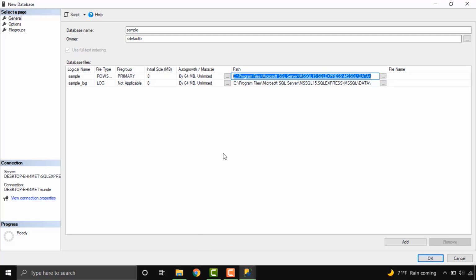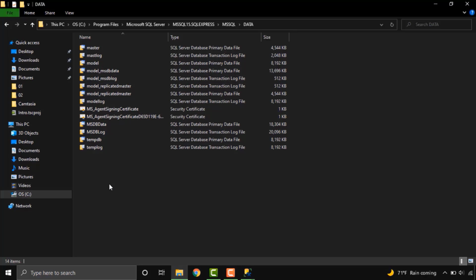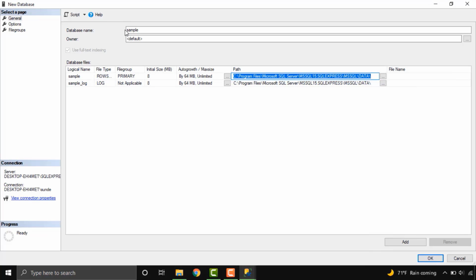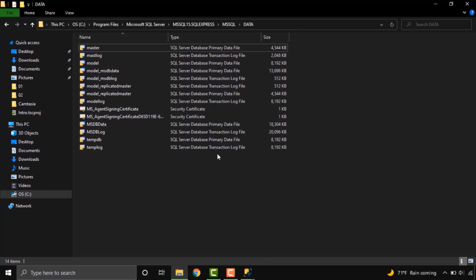If I go and open up this location, as you can see, we have the model, MSDB, TempDB, and the other databases, which are the system databases, but we don't have the sample DB created yet.